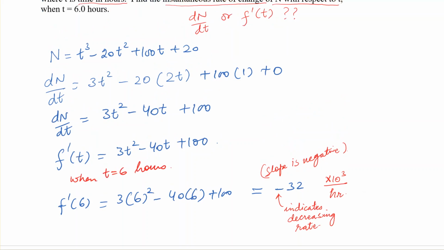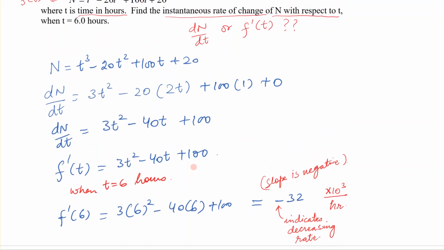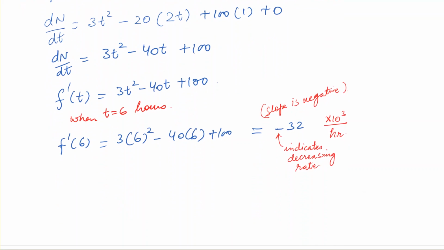This is what was asked in the question. So the instantaneous rate of change of bacteria at 6 hours is decreasing at a rate of 32,000 bacteria per hour. So now we're going to take a look at the graph of N and the derivative of N,